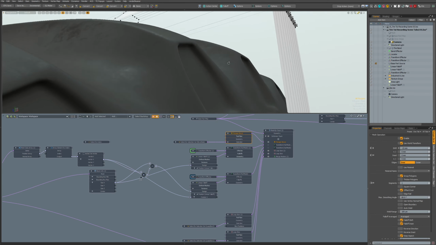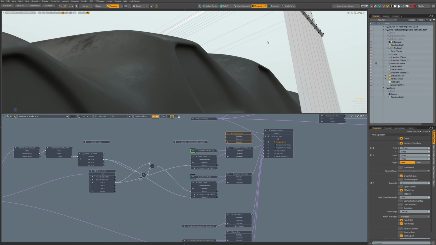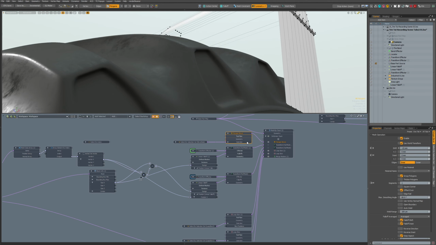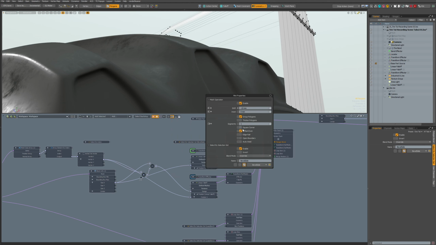So if we look at it now, it doesn't do that annoying negative angle or something like that. I think that's too much. We can add some loops to get it sharper. That's too much.